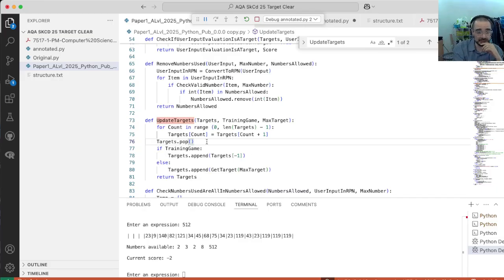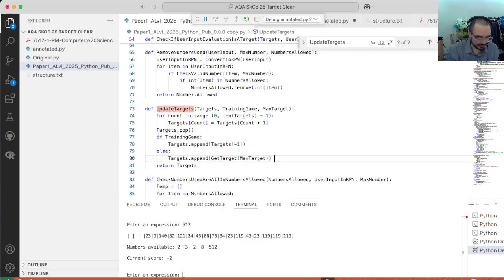We also pop, meaning we remove the last element. But then we append a new one. So in training game, the training game never ends. So we kind of like reappend the one that's at the front. No, that's annoying. We append the one that's at the back. So we just kind of fill it up with the same one that was the last one, weirdly. Whereas this one will fill it up with a new random number. Okay, fill with new random